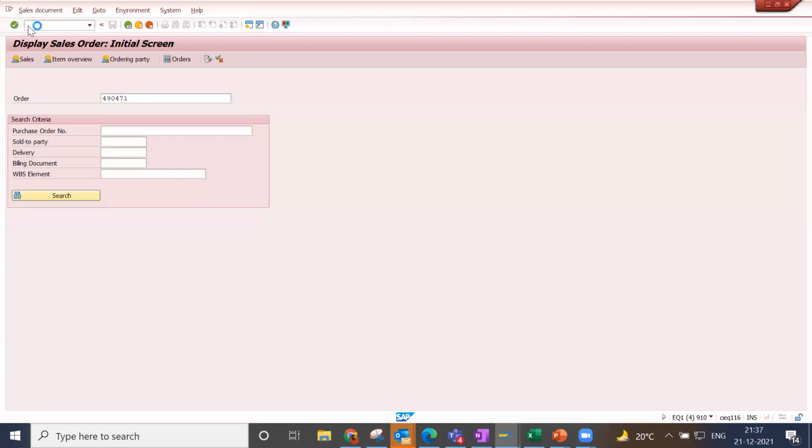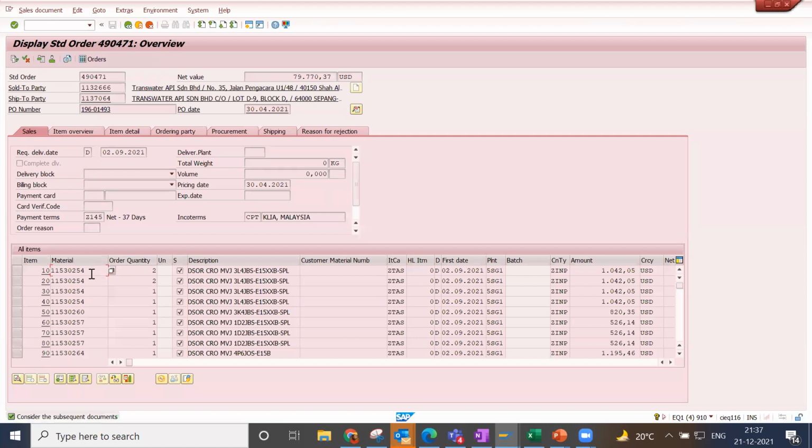So if you look at this order, whenever the sale order is created by the customer, if the stock is not available, what happens generally? The item category determines. So the item category is GTS, means it's like third party. This is in SAP. This is purely for SAP SD consultants. You don't have to remember this one. I'm just giving it for knowledge. So whenever this item category is determined, we understand that this is a third party.